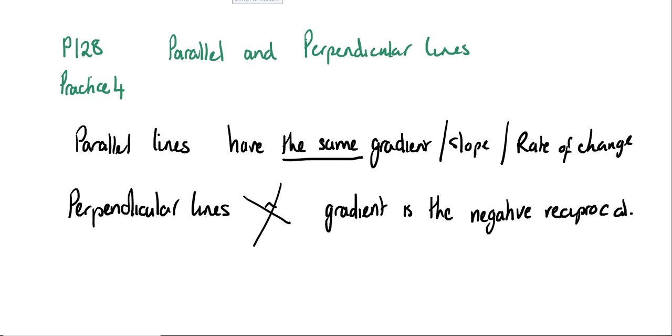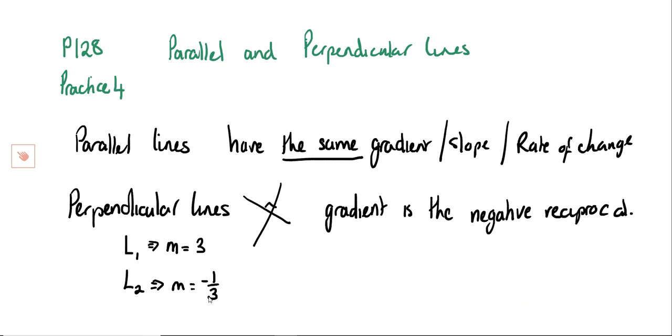If I asked you to give me an example of the gradients of two lines that we know are perpendicular, what would you say? What would their gradients potentially be? Jack? 3 and -1/3. So if line 1, the first line, had a gradient of 3, then line 2 would have a gradient of